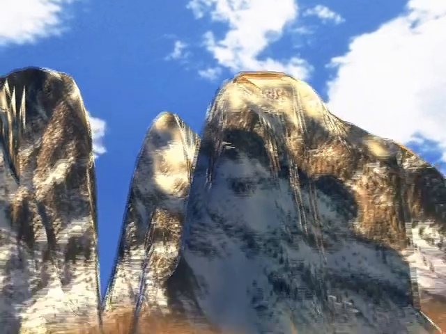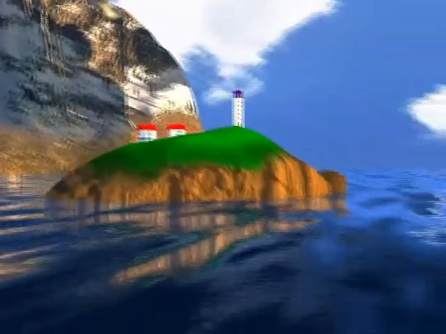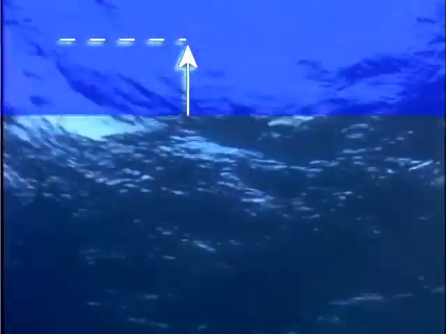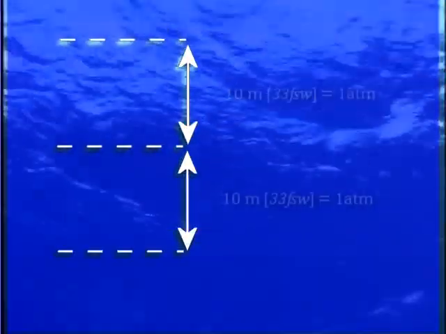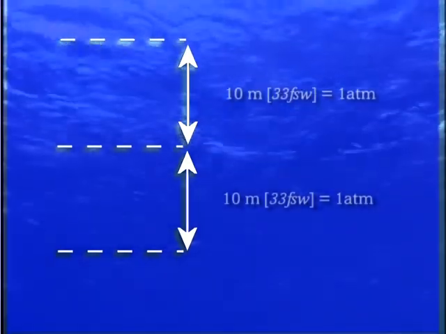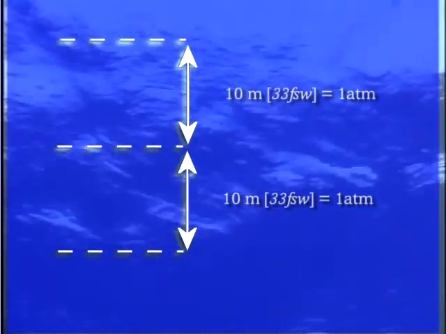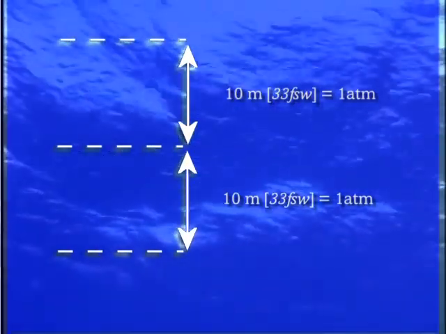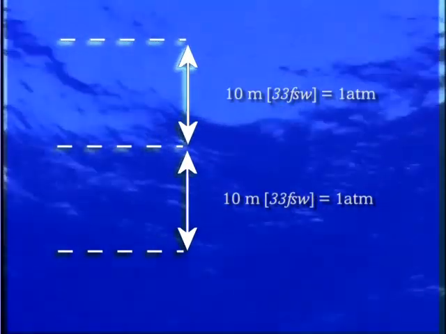As you already know, molecules of water are heavier. In practice, a column of water 10 meters high weighs the same as the entire column of air. This is why there is an increase of 1 atmosphere of pressure for every 10 meters of depth. Pressure generated by water is known as hydrostatic pressure.